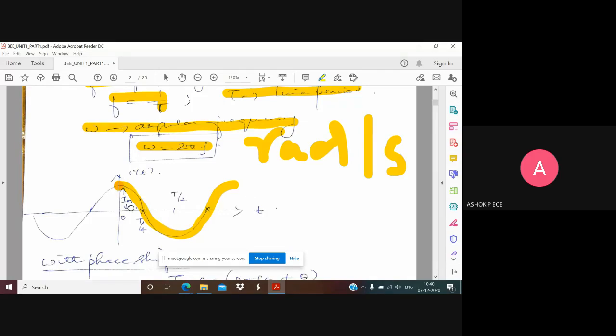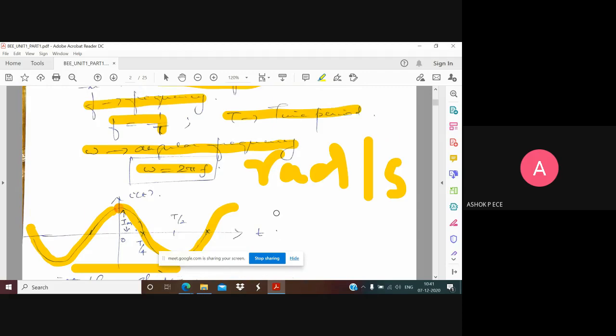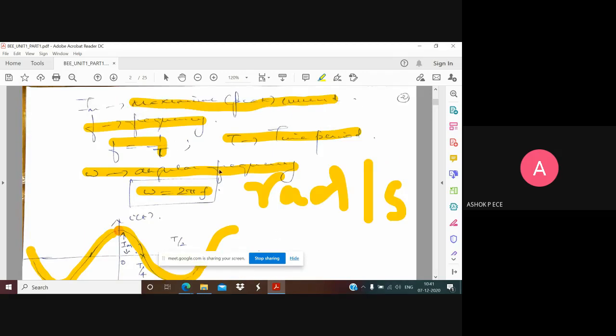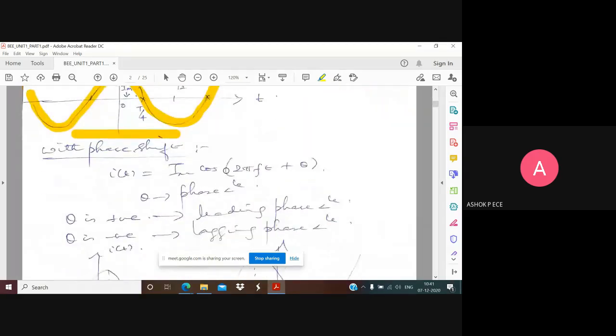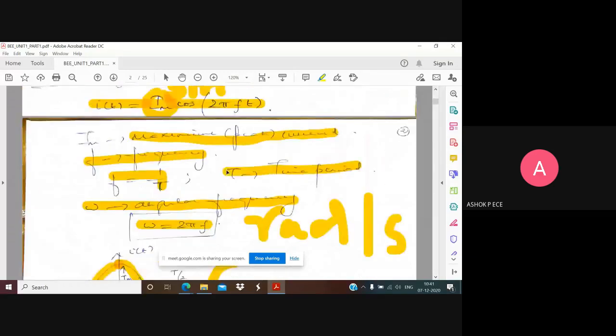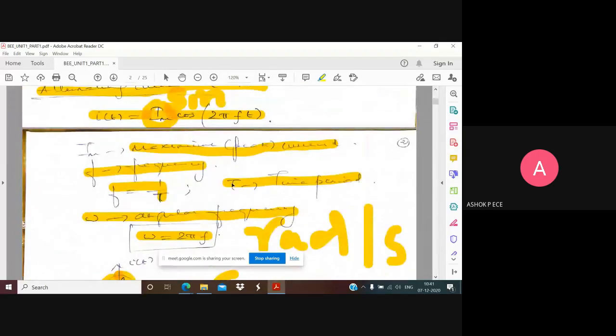So this is going to be the plotting of your AC signal, and you see that the AC signal is varying periodically. This is your time taken to complete one cycle. This is going to be your capital T, and from capital T I can measure frequency, f equals 1 by capital T. Is that clear? So this is the basic AC signal. You represent an AC signal in this way. Any doubt you have in alternating current? Any doubt in representing this alternating current?